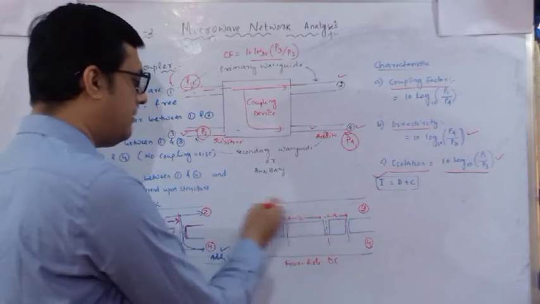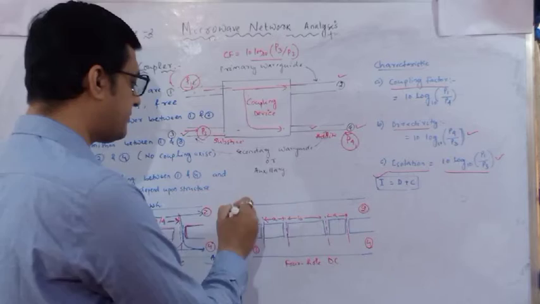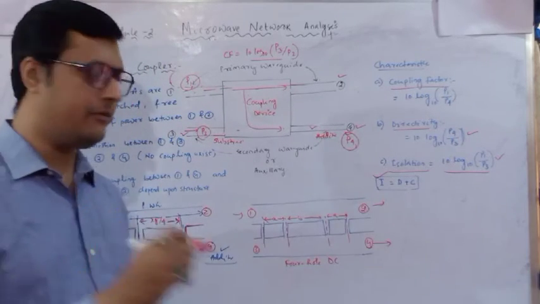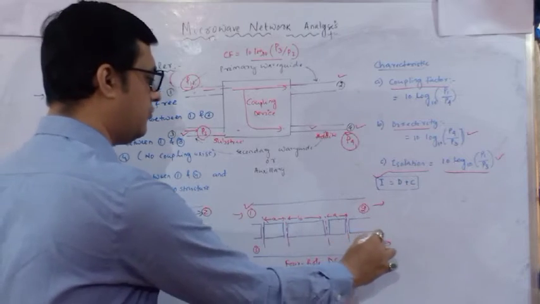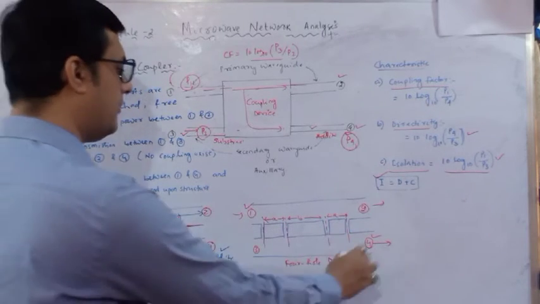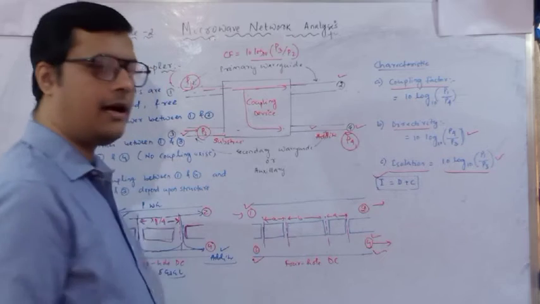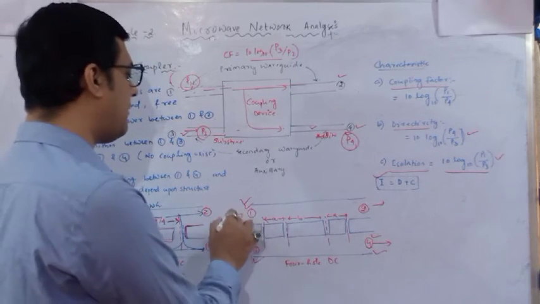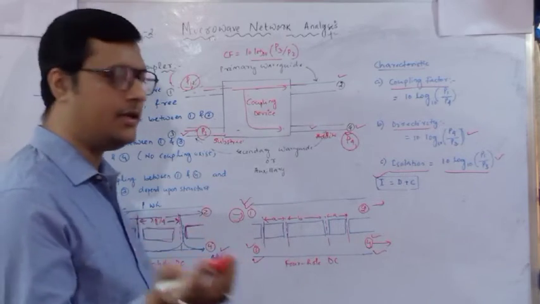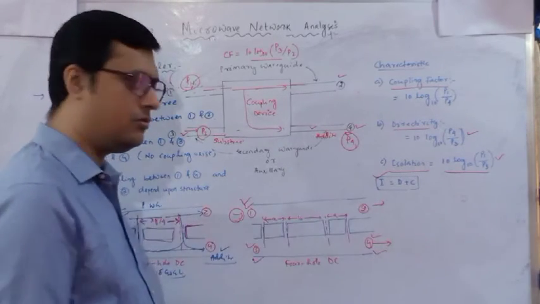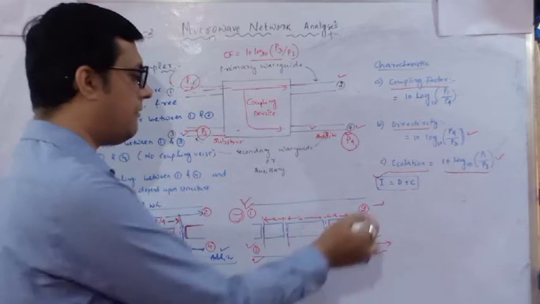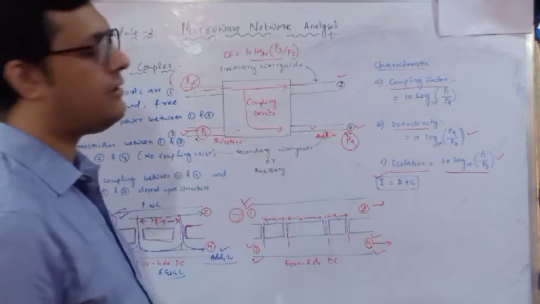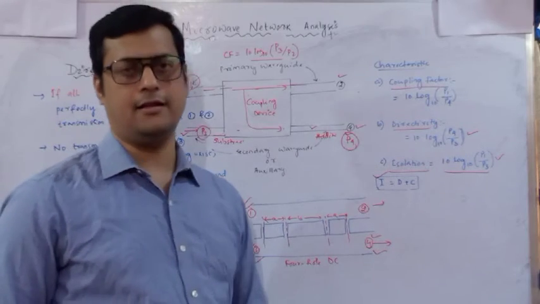And the available power with respect to 1, output will be available at 4 and 2. So coupling will be 1 with respect to 4, directivity will be 4 with respect to 3, isolation will be 1 with respect to 3 if the power is fed at port 1. Similarly, you can take power fed at port 2, port 3, or port 4, any of the ports. So this is the basic working principle of your directional coupler.